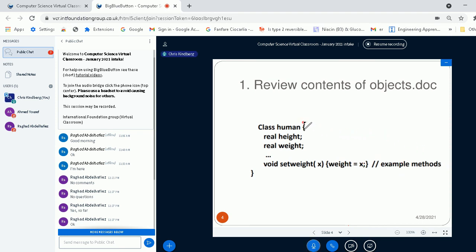And exactly the same thinking holds for an object made from the class Human. The object made from the class Human also packages data and contains methods for altering the data.